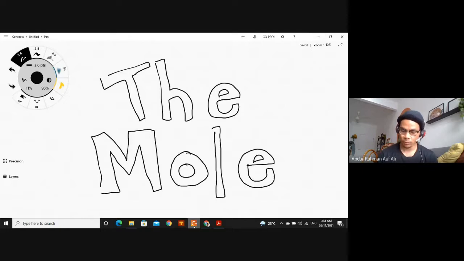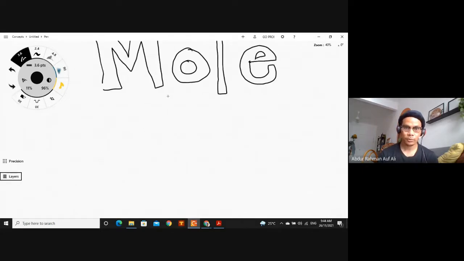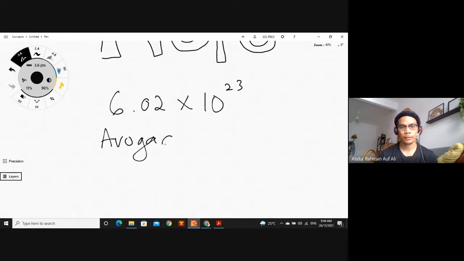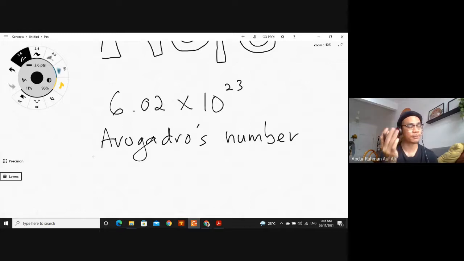So the number is so big, kita tulis dia dalam bentuk scientific notation 6.02 darab 10 kuasa 23. This is also known as the Avogadro's number. So why is it known as Avogadro's number? Because Avogadro is, I forgot his full name, he's an Italian chemist. He came up with this value. Okay, 1 mole equals to